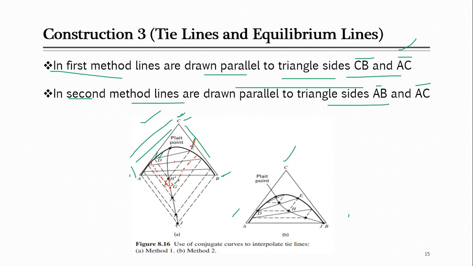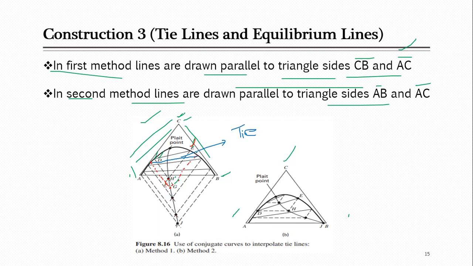Now if I join these two points with this color, from here to here, this blue line shows that this is another tie line. What I did was just reverse the process. When I have got this overall one curve, I can start from any point on this curve and reverse the process.